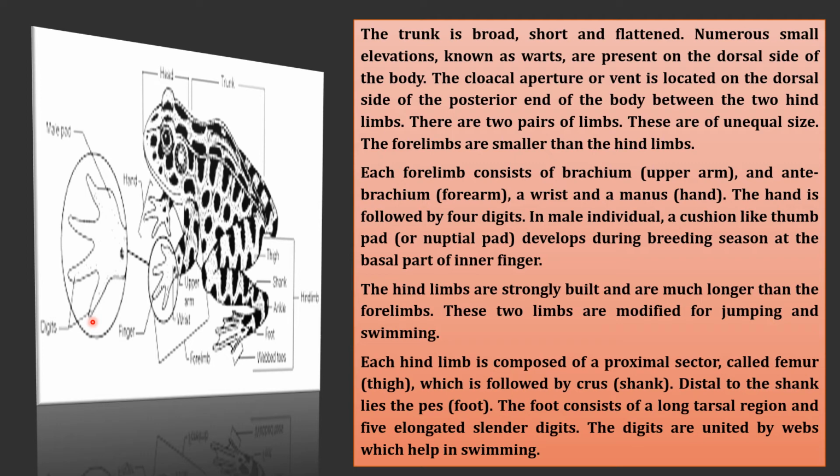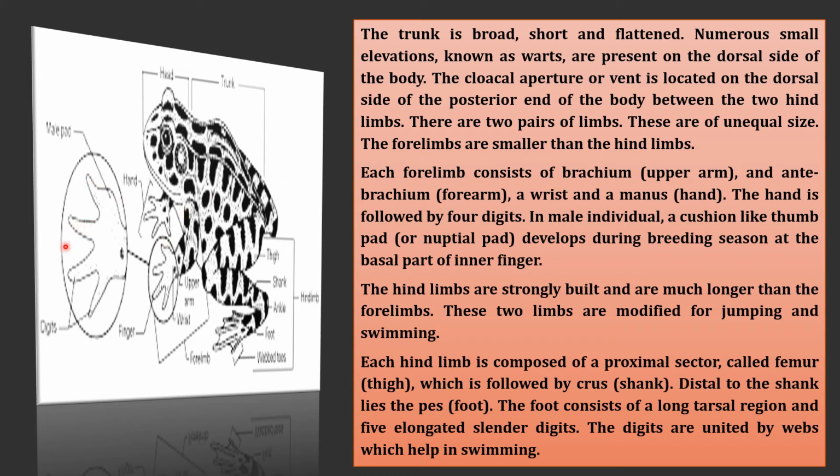Generally this season is rainy season. At this time the male toad calls a female toad by its thicker voice, and then breeding or fertilization occurs. The process is not in your syllabus, so I am just telling you the special characteristics which develop during this breeding season. So in male toad their voice obviously changes, and